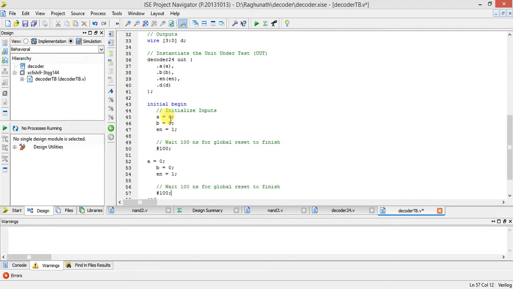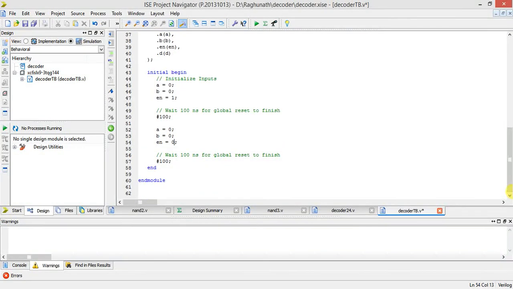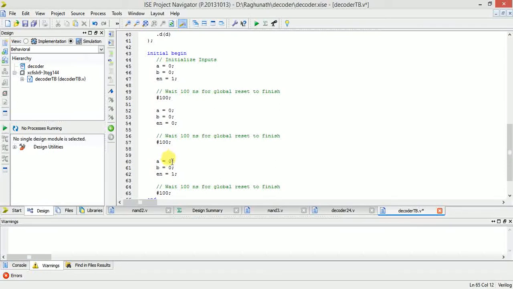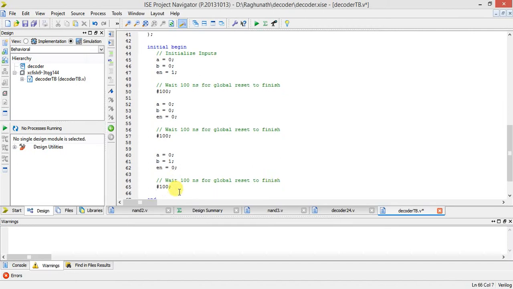So now the first combination is what? A 0, B 0, enable 1. Now you give A 0, B 0, enable 0. For enable 0 we are getting output now. So next, before end, you paste once again. Next is A 0, B is 1, enable 0. Again after this you paste.